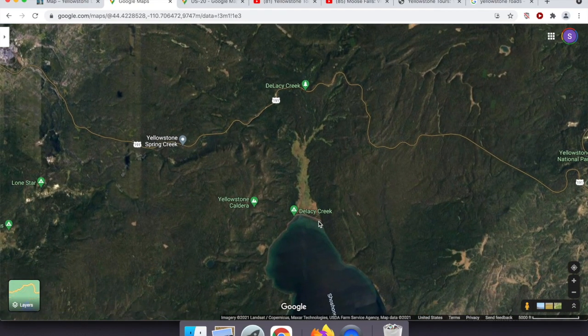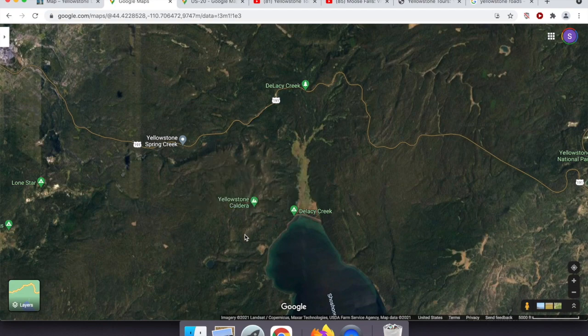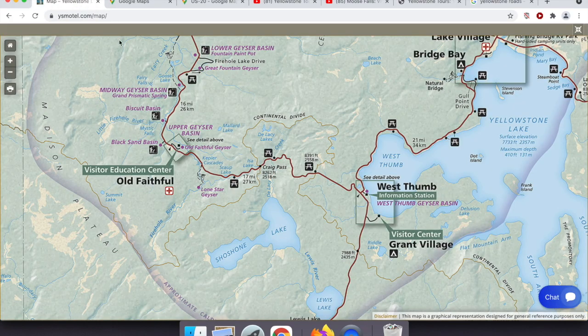Now have a look at this. This is Yellowstone caldera. Now the caldera is the gigantic hole in the ground that was left after the last time that the Yellowstone supervolcano erupted, or depending on which source of reference you want to believe, in between 610,000 and 630,000 years ago. Not quite sure what Google means by the caldera over there, because if we have a